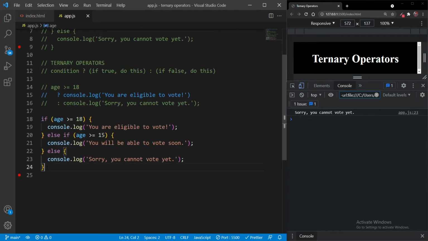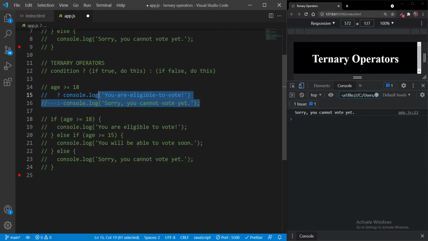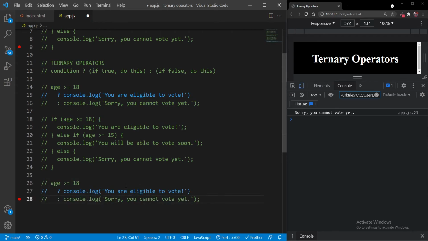So now let's implement the same functionality using our ternary operators. So I will comment it out. I will copy my first example, paste it here, and uncomment it. Now let's think about what we need to do. So this is our condition.